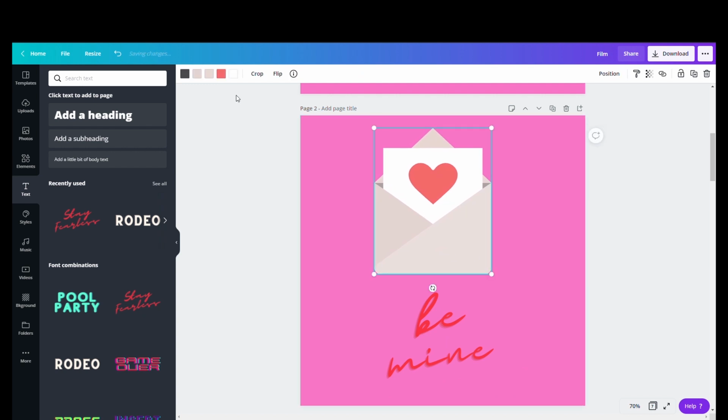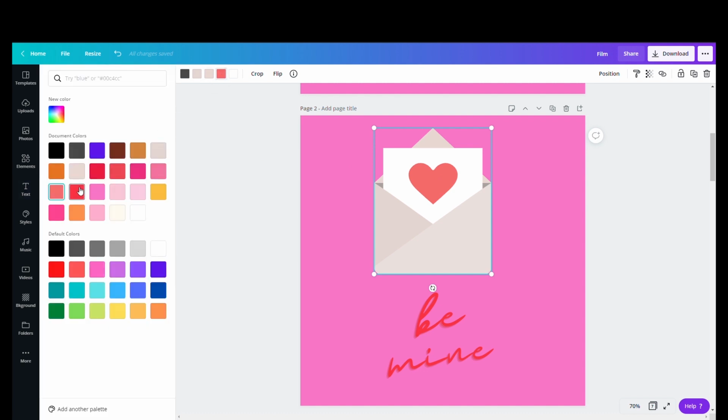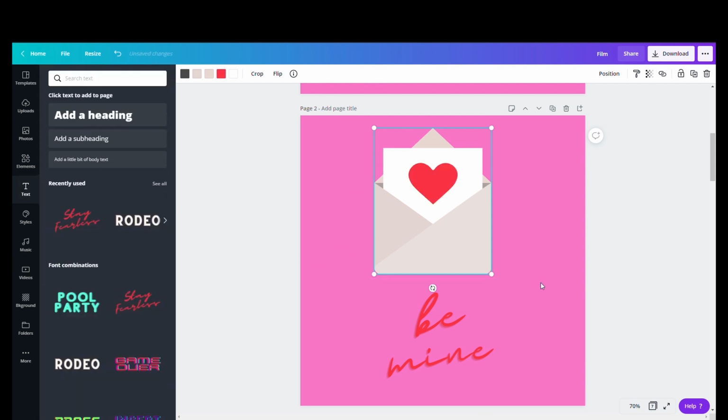And you could change the colors of the picture if you wanted. Like, say you want it to be a red. Ooh, that kind of matches this, the red instead of a pink. Yeah, we'll try the red. Okay, leave it like a red. And you'll be like, hey, be mine. Alright, so that's